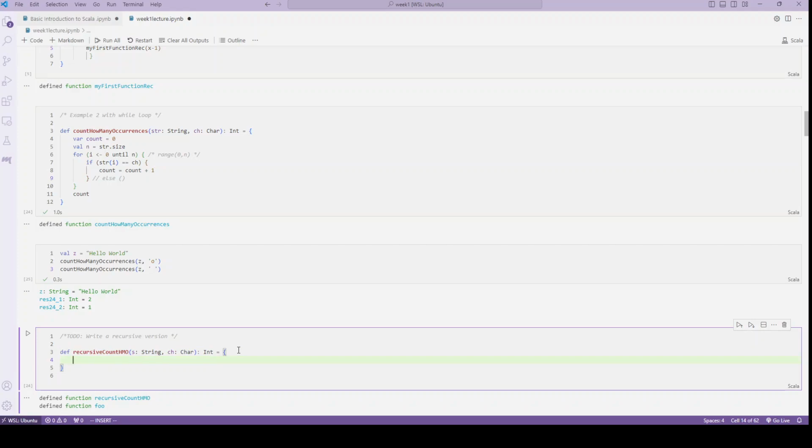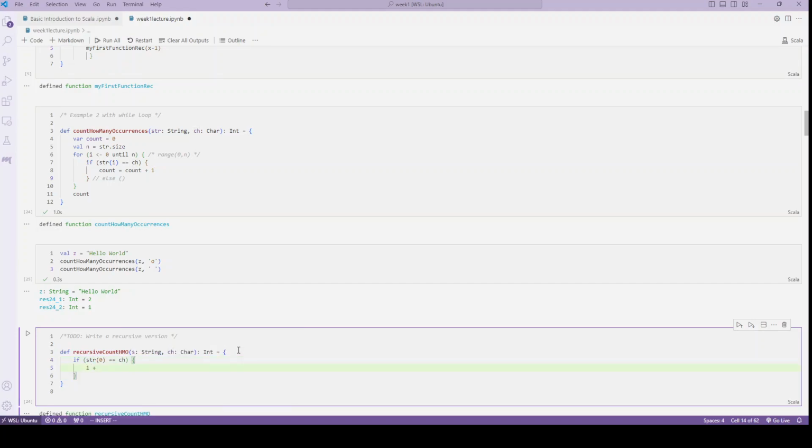So what do we want to say? We want to see whether or not the first element is the same character as the character we're looking for, right? And if it is, then we know that we've seen one and we have the rest of the string to go through. So we want to basically recurse on the rest of the string. So if string of the 0th element is equal to ch, then what do I want to do? I want to add 1 to whatever the recursive count does on, well, s dot substring